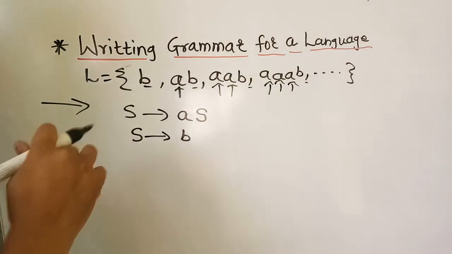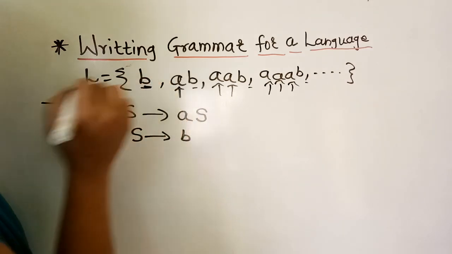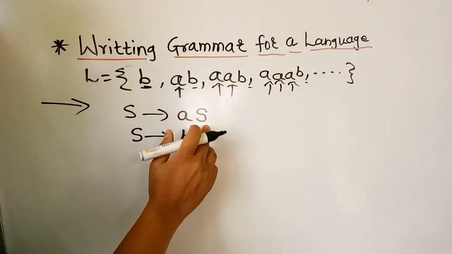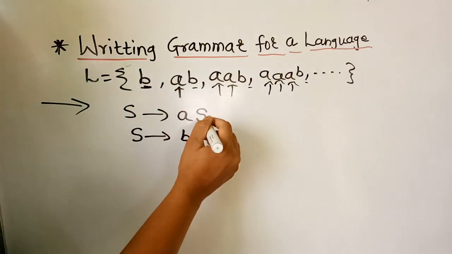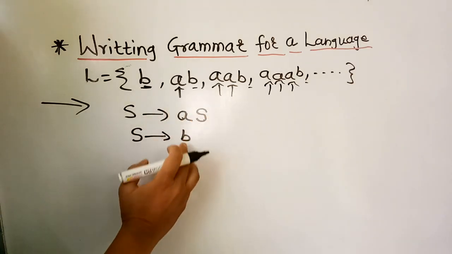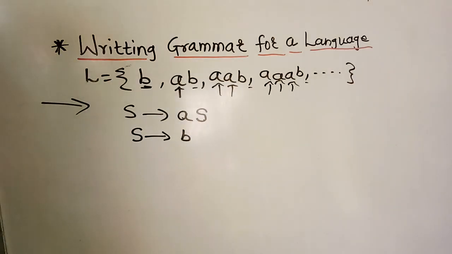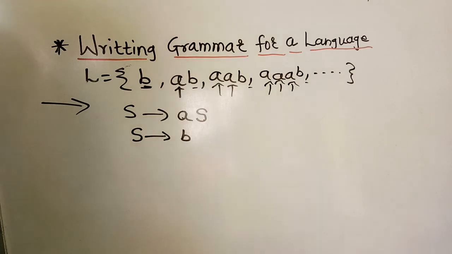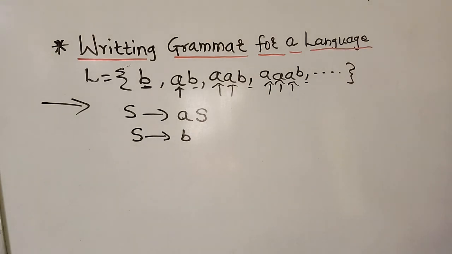Now, how can this be achieved? For example, see here, S gives B is the first term of the language, so it is achieved. Now, for each term we have to multiply it with B. So we are taking the recursive form, that is S gives AS, and we have to again compulsorily replace S with B. So we are taking S gives B. So this is another example to write a grammar for a language. Now, these are some simple terms. We will see some complicated terms in the next few videos. Thank you so much.